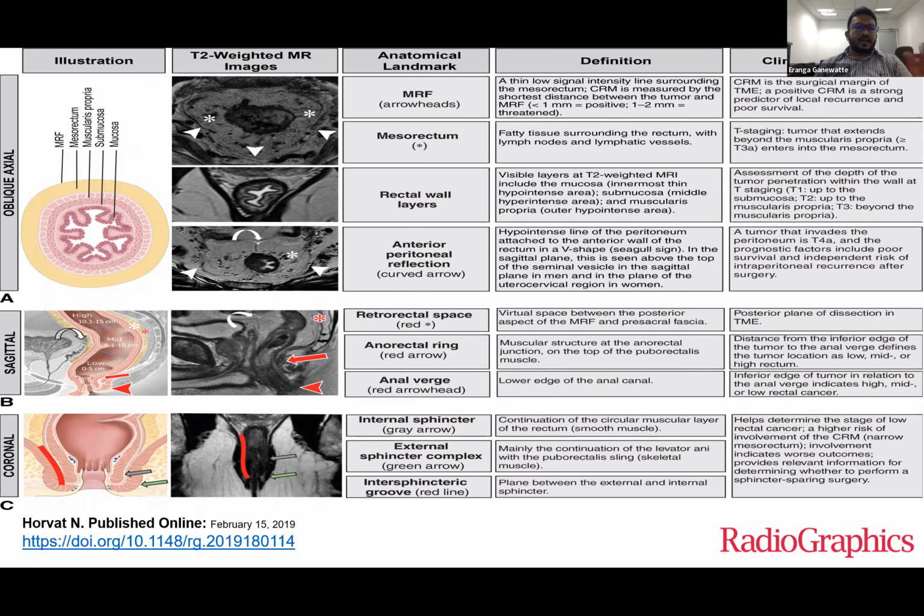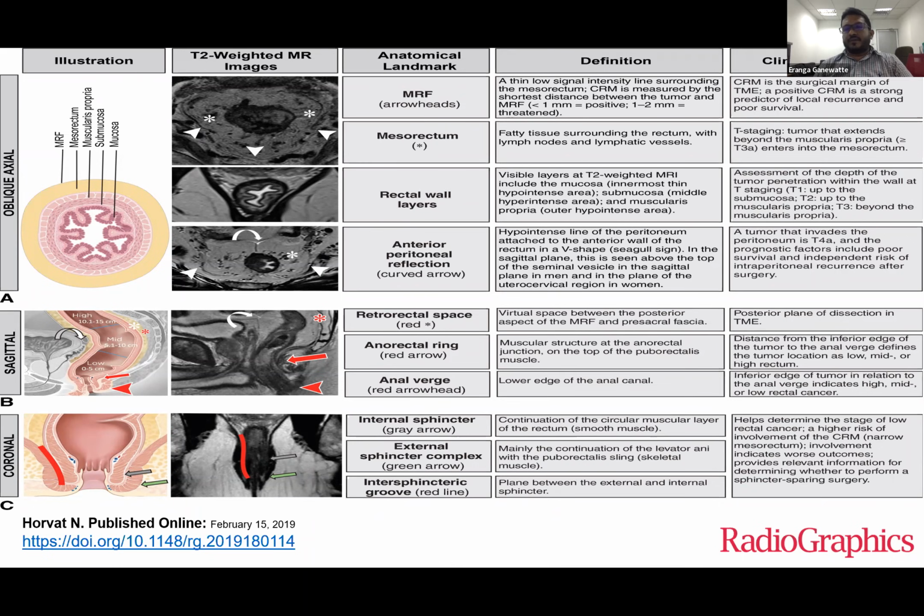So in the MRI, usually you don't need to give contrast. So any patient who's having even deranged renal function, you don't have to worry about it because we don't give contrast generally for rectal local staging. It's just non-contrast, very specific high resolution imaging just at the rectum in all 3 planes to see the mesorectal involvement, extension into the mesorectal fascia, and how many local lymph nodes involvement are there together with the extramural venous invasion. And in the lower rectum, you have to make sure that you see the rectal sphincter complex involvement